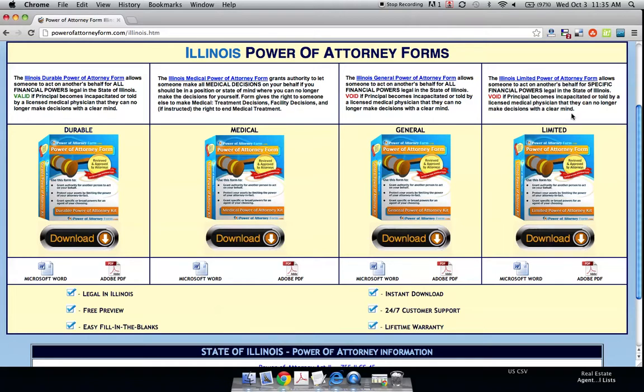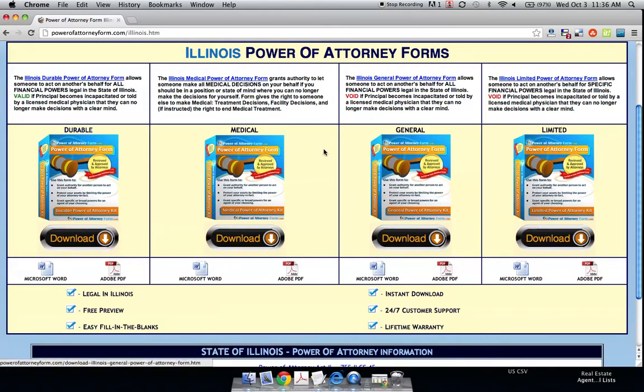If you want someone to pick up a car for you, if you want someone to register anything for you at the government, this is just a great form to have where you don't want the person necessarily handling everything. For example, whenever tax time comes around, I always give my accountant a limited power of attorney form because I don't want him necessarily handling my banking, but I want him to handle all my taxes and everything with the IRS. And the best part about it is that the minute he does my taxes, this form becomes void, so they cannot do anything else.